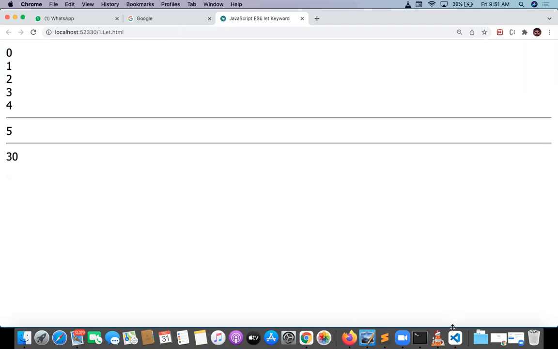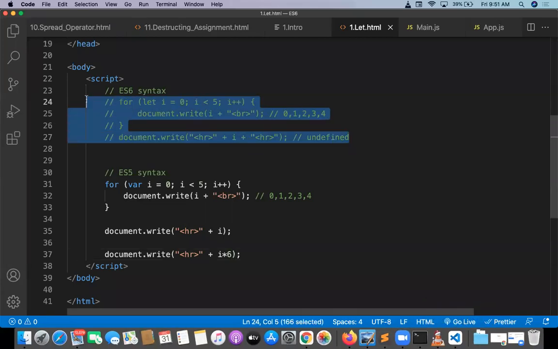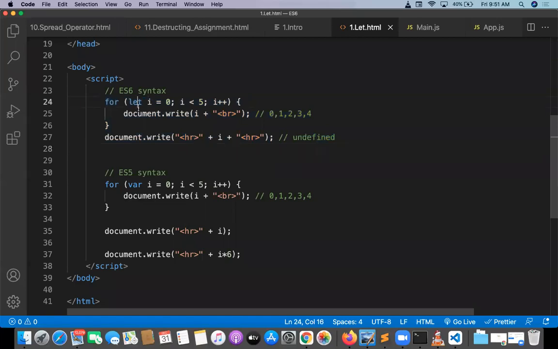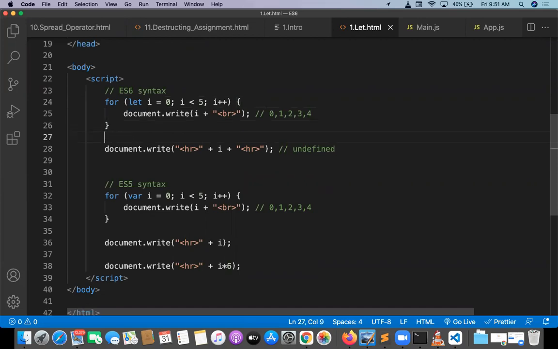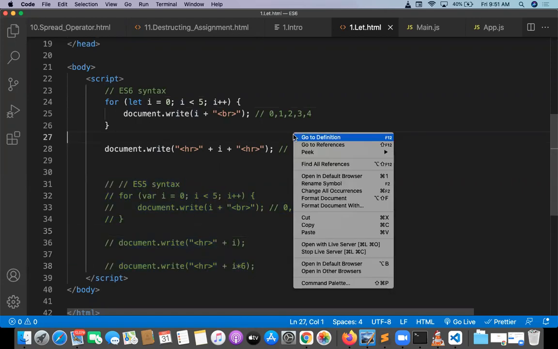So for that, we have a feature called the ES6 let feature. What can let do? Instead of var, I am putting let. let i equal to 0, i less than 5, i plus plus, then document.write i, and after the loop we are trying to print i. So what is the output of this? I'm switching off the ES5 feature and going with the ES6 feature now. Open this: 0, 1, 2, 3, 4.